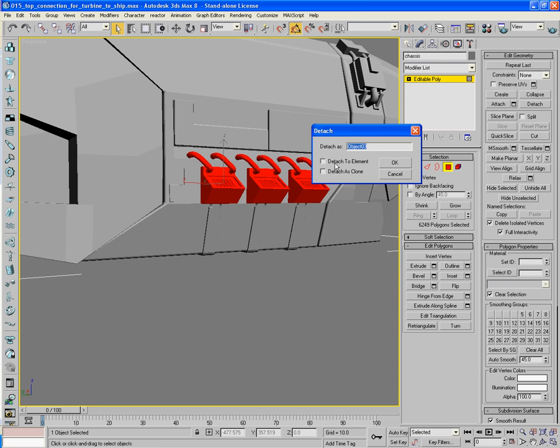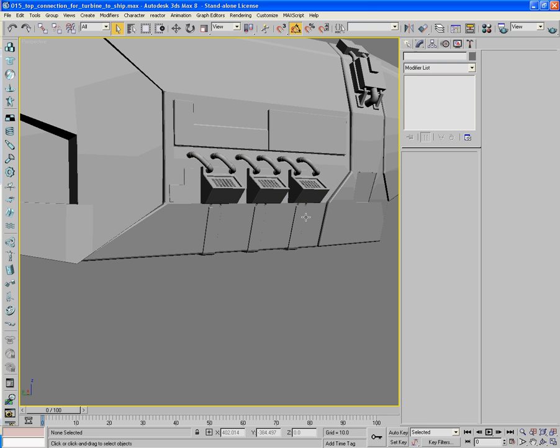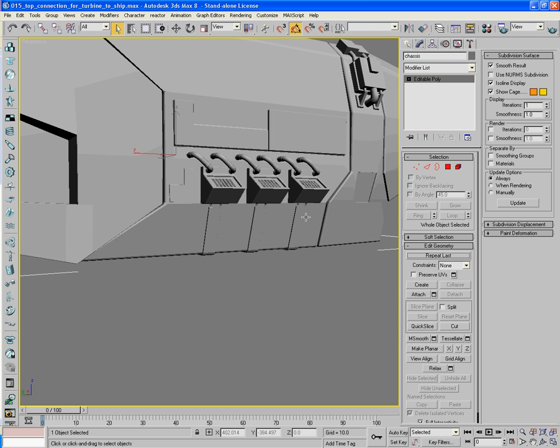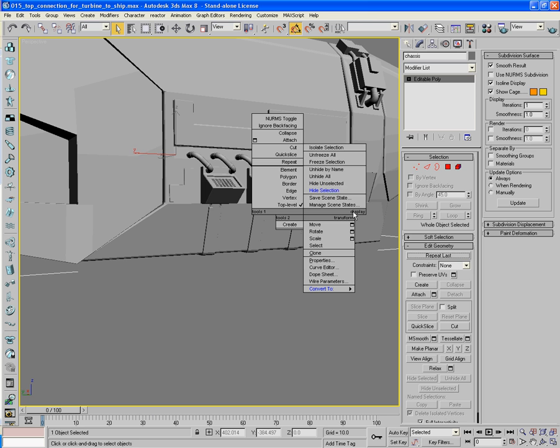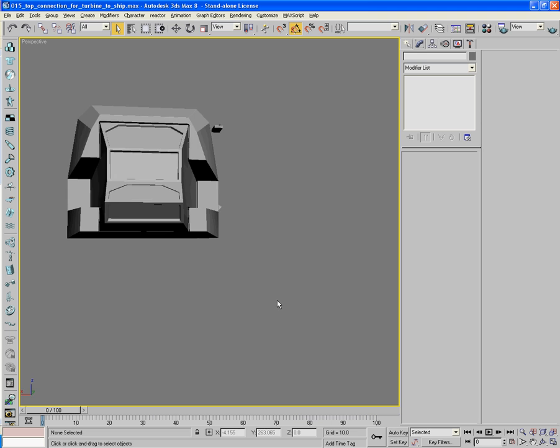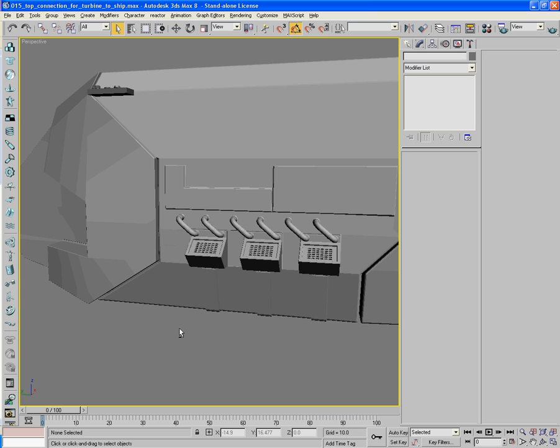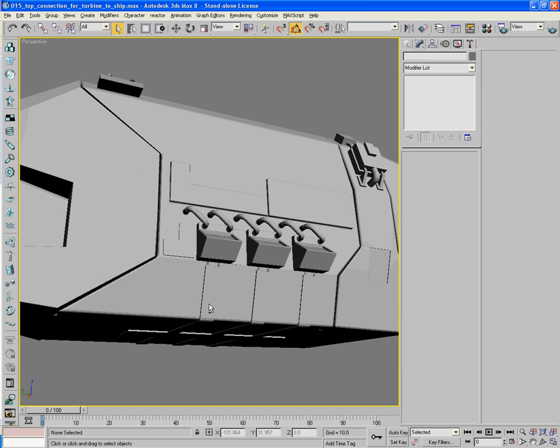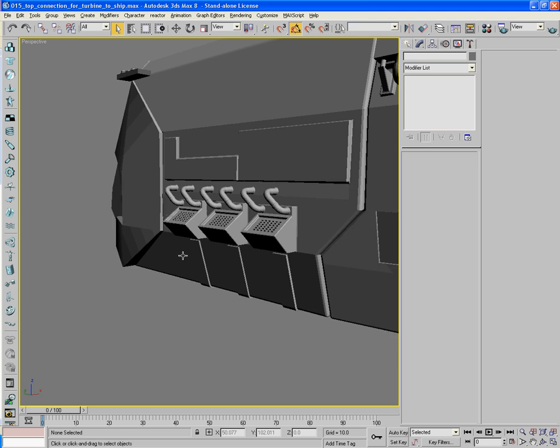And we're going to detach as object temp 1. There we go. Now find our original chassis, which is here, and hide it. That way we can check that this actually works and fits onto our ship. It's exactly the same piece as I rather cunningly deleted forever, so